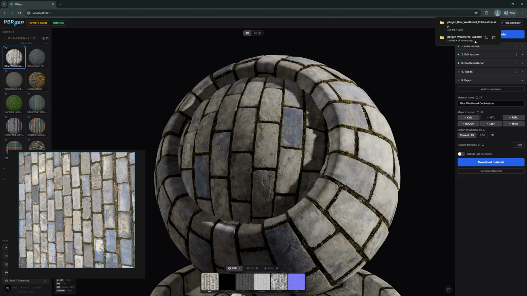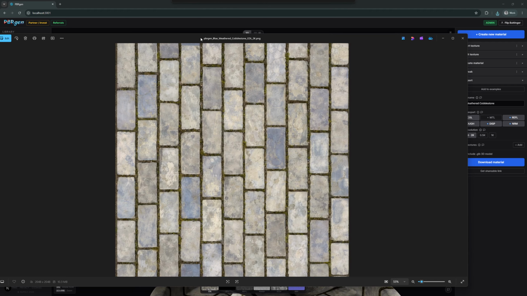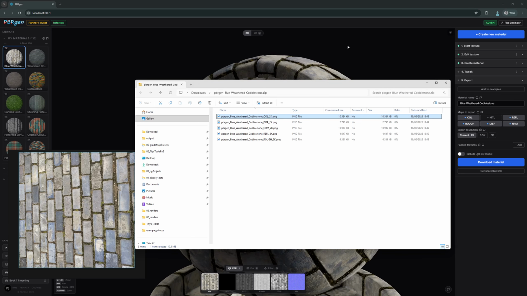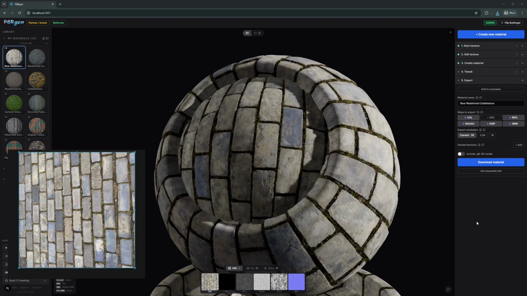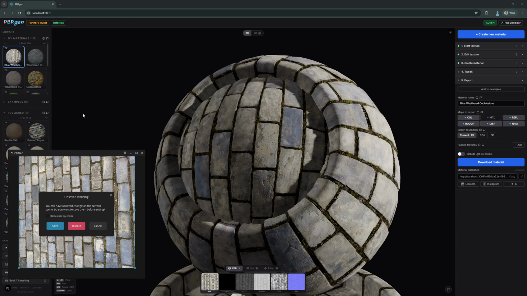It will create a zip file for you. All your maps are in there, and your 3D file if you asked for that, so the color map and stuff like that. Everything is in there. And the last thing that you can also do here is create a shareable link. And when you click that, it will bake all the maps, and we should add a loading indicator to that one too. Now that I see it,